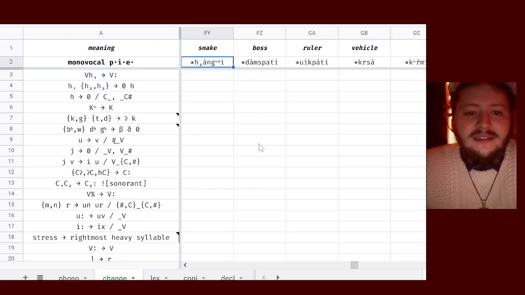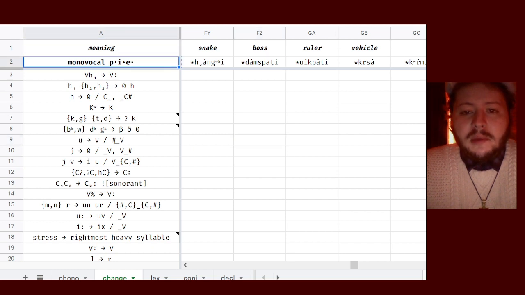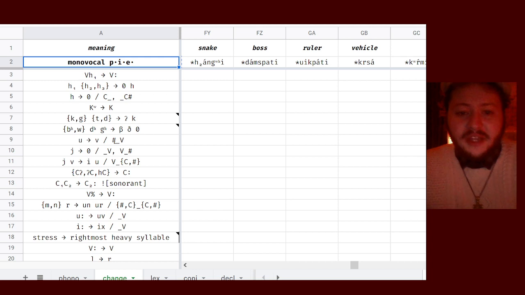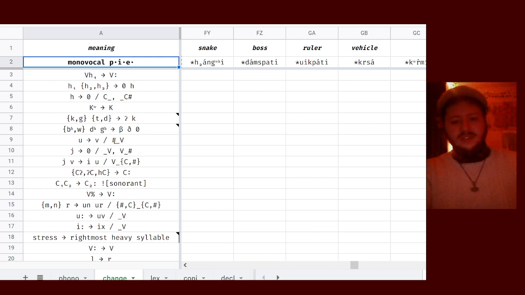This lang, I'm using what's called monovocal PIE. And monovocal PIE is a weird reconstruction where you're not using typical Proto-Indo-European. You're using Proto-Indo-European in which there's one vowel phoneme, which is not the predominant theory right now. It was at one time a slightly more popular theory. It was never popular, but